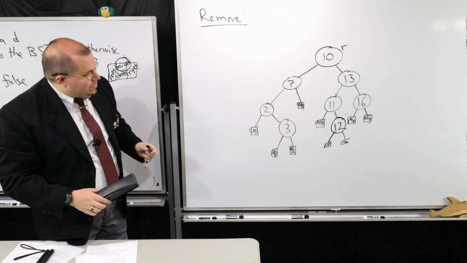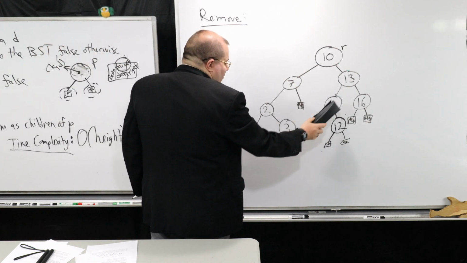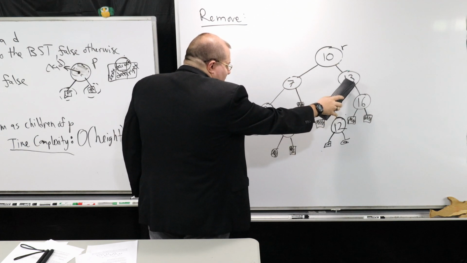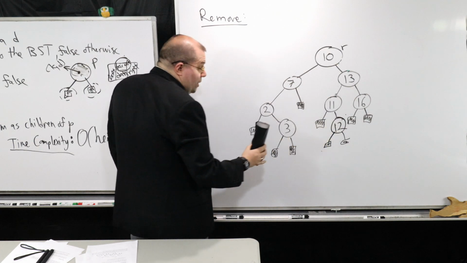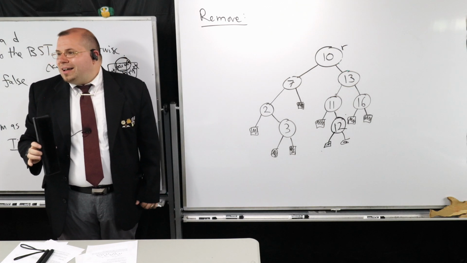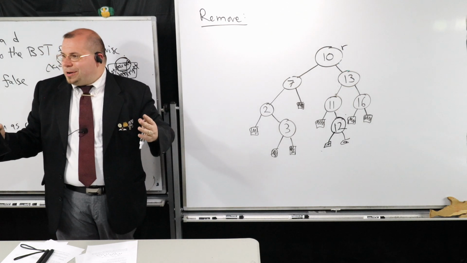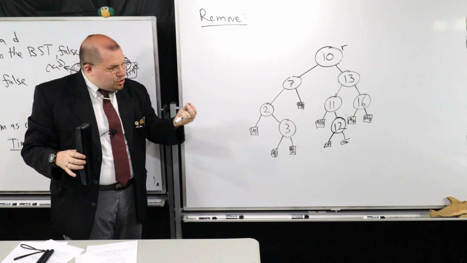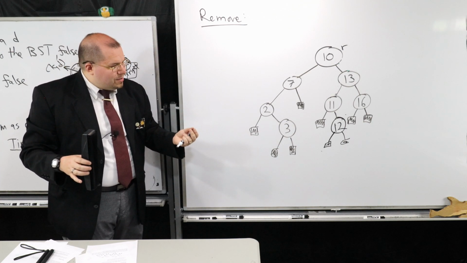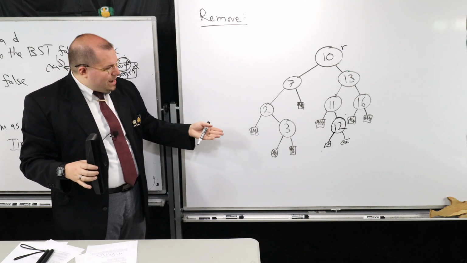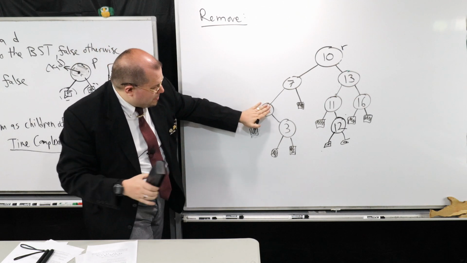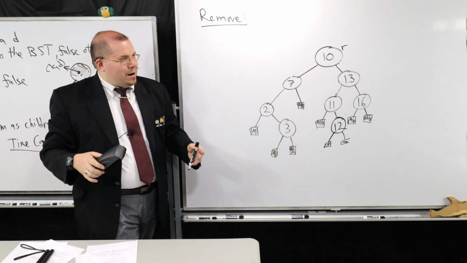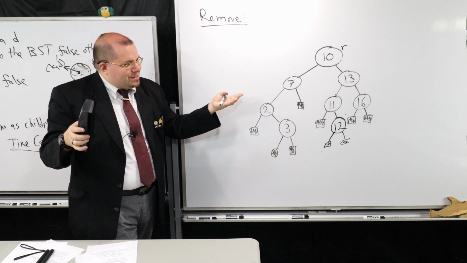Likewise, I can do the same thing with 11. Notice I have a leaf node here. I can just get rid of that. And now 13's left child could be 12. But yeah, so exactly everybody. So it looks like we have two cases. There's only two possible cases then, right? There's the case where I can just cover these two up and slide that into where it would have been, or the case where I have two internal nodes as children.